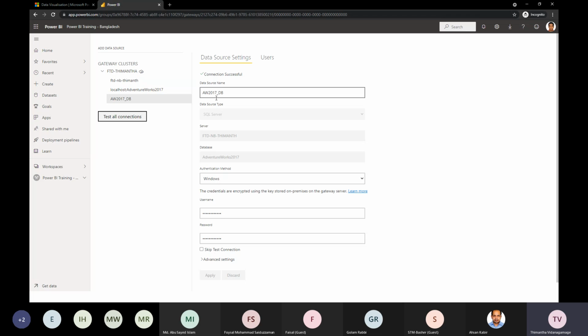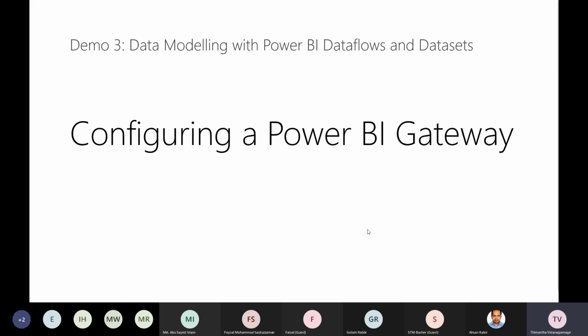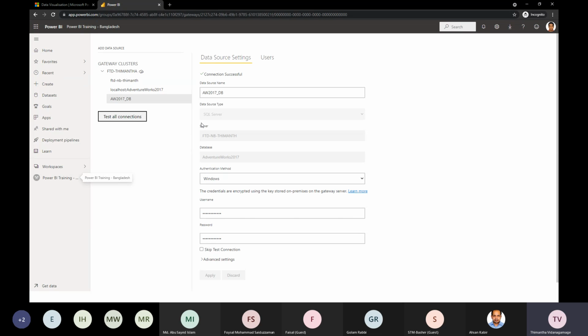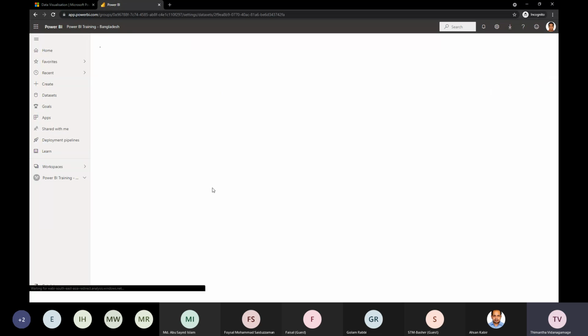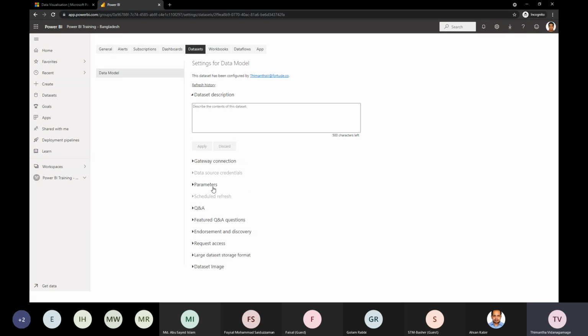So we have basically created a Power BI gateway now, and inside the gateway we had also created a respective source to refer in our data model. And the next thing we want to do is refer this gateway to our data model. To do that, once again, come back into your Power BI workspace that you created previously, and click on the ellipsis that you see right in front of the data model, and click on settings, and you would be headed into